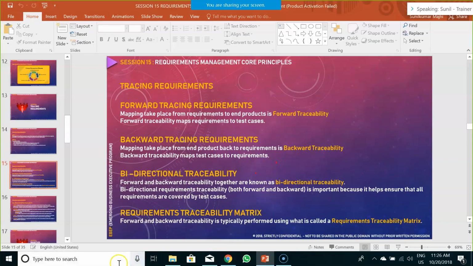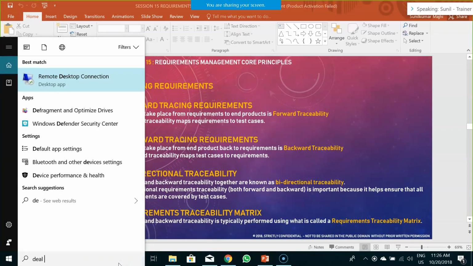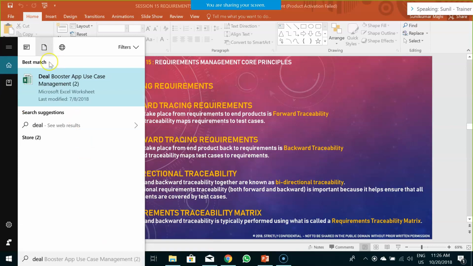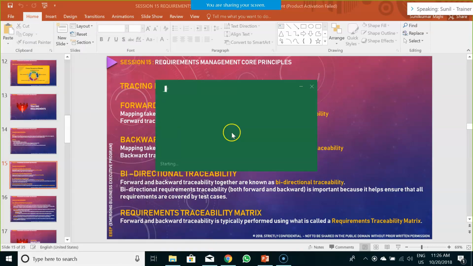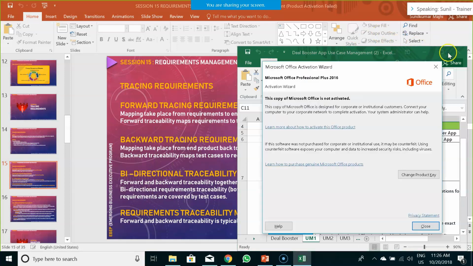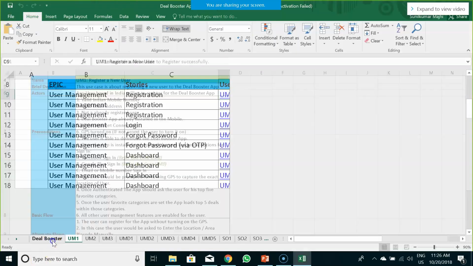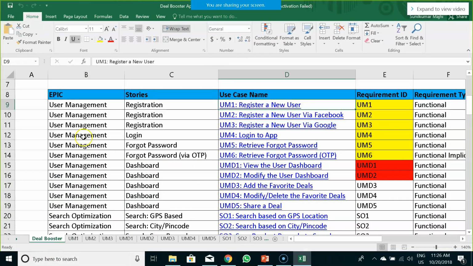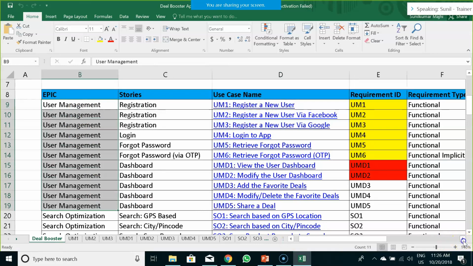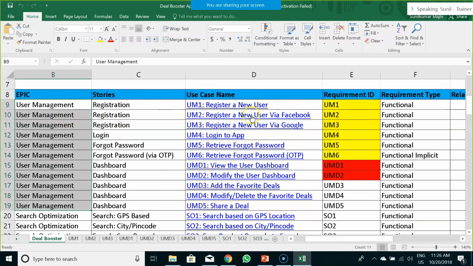Now, how does your requirement traceability matrix look? It looks something like this. This is a manual traceability document that I have created. Now, if you see here, I have the module. So this is an agile thing wherein we have epic, stories, use case name, and the requirement ID.